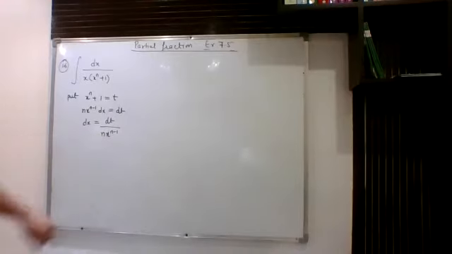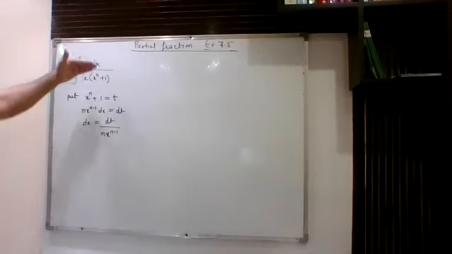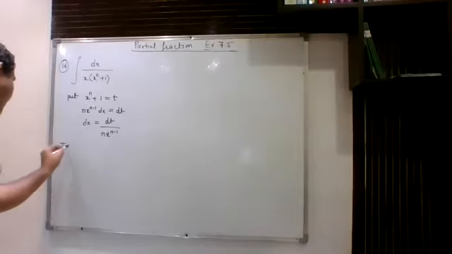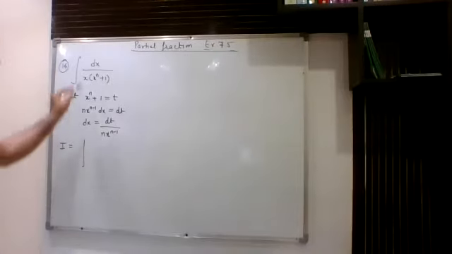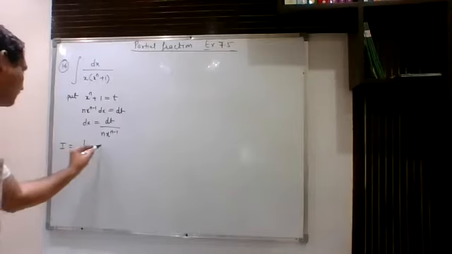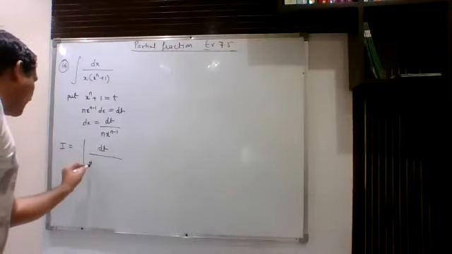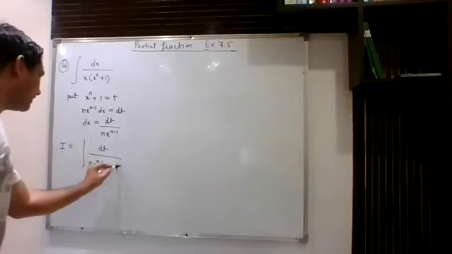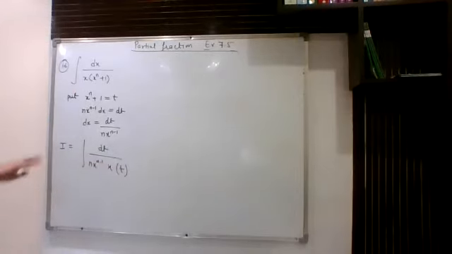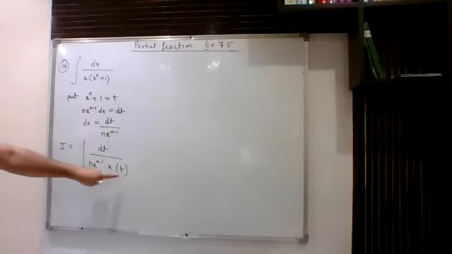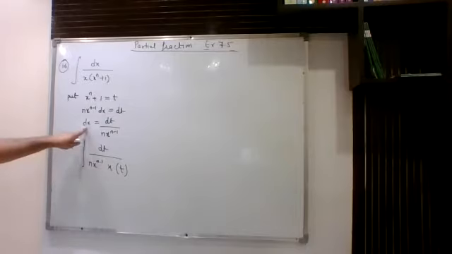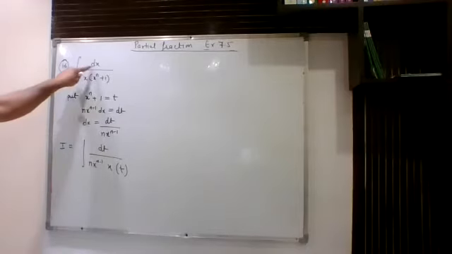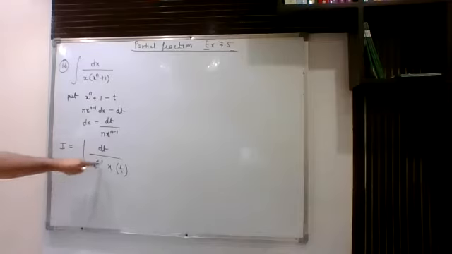Now after that, you will just convert the question to t form. So how to convert that into t form? This is how you will do. In place of dx, I have to write this complete value, so dt divided by n x to power n minus 1. This can be written as x only and this can be written as t. So what I had done, I had written this quantity as t. This x I have kept like that only. And in place of dx, I am writing dt upon n x to power n minus 1.